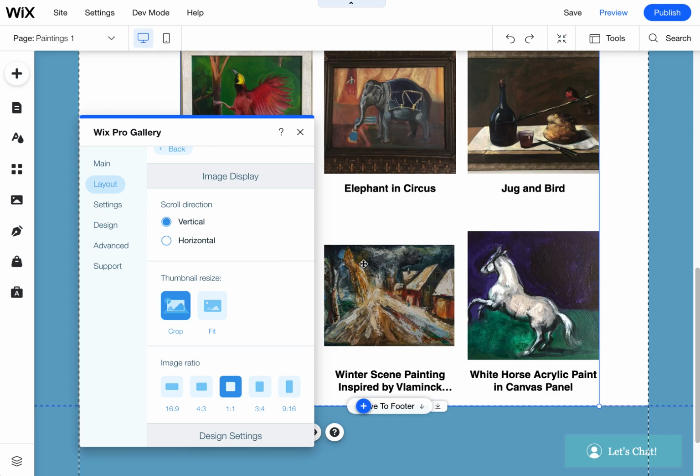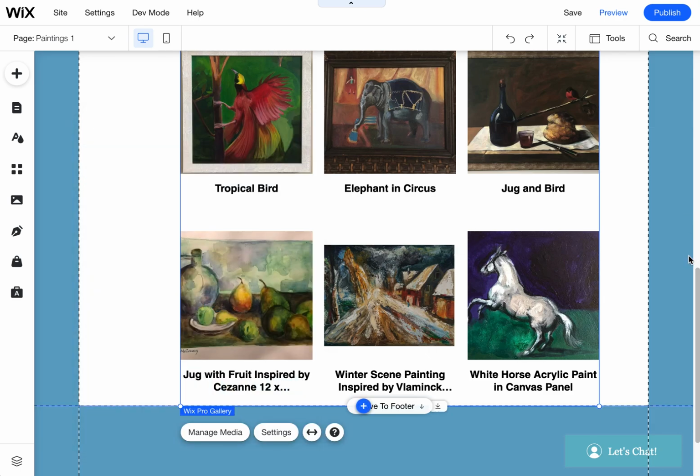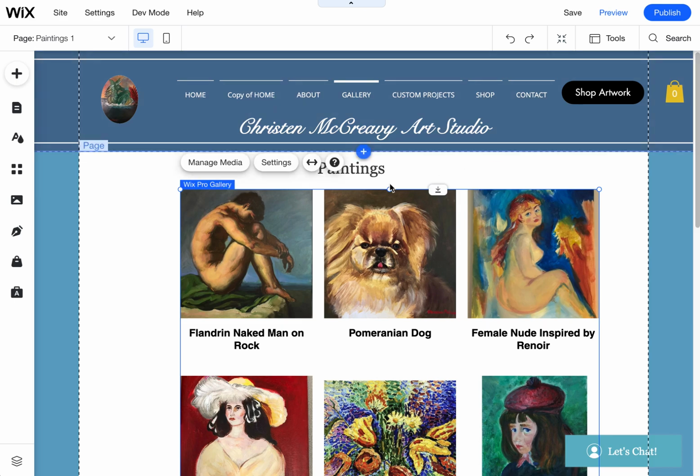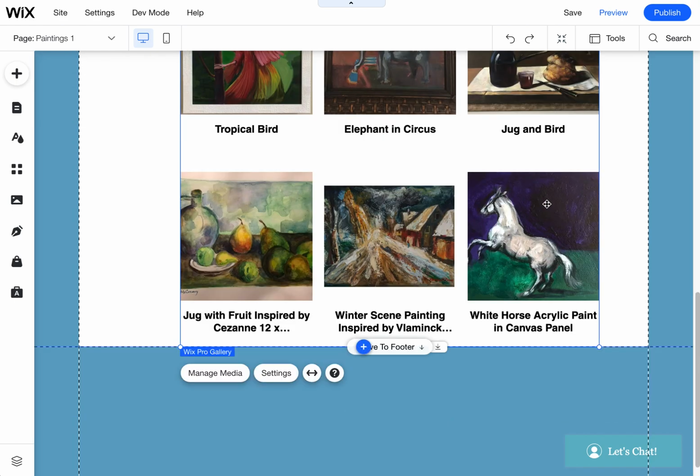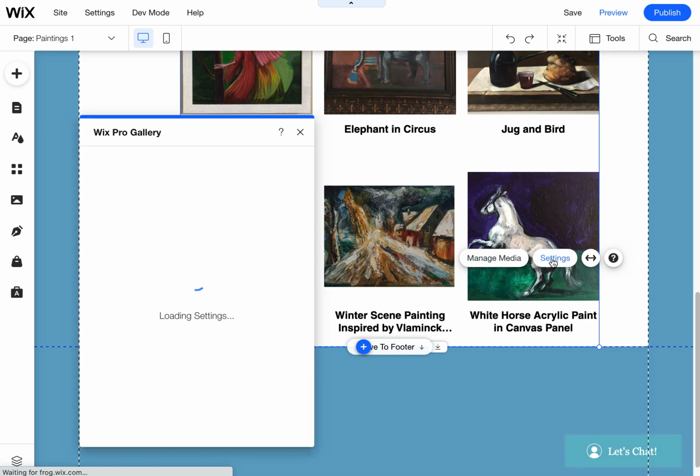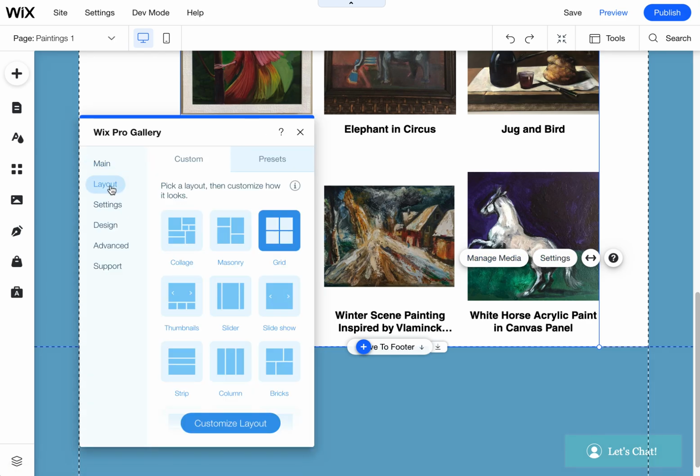I wanted to quickly show you a couple options in the gallery. So I'm on your paintings page. You had mentioned that the horse is cutting off the picture, and you don't necessarily want it to do that. So to do that, you want to go into settings and then come into layout and then go to customize